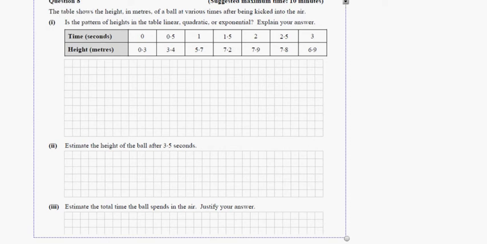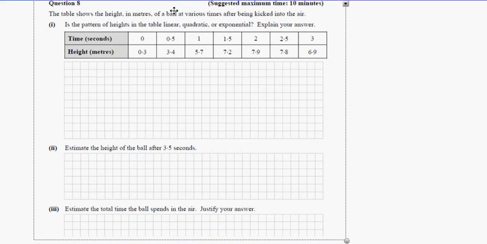This is 2014 Junior Cert question 8. The table shows the height, in meters, of a ball at various times after being kicked into the air. This is the pattern of heights in the table. Is it linear, quadratic or exponential? Explain your answer. Okay, so what you're going to do is look at the gaps between each